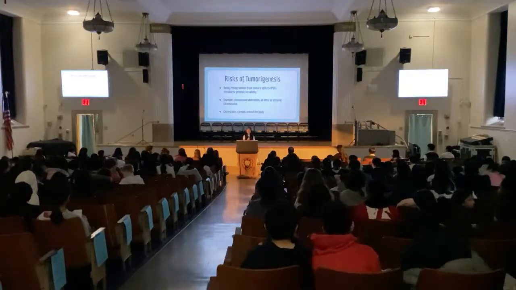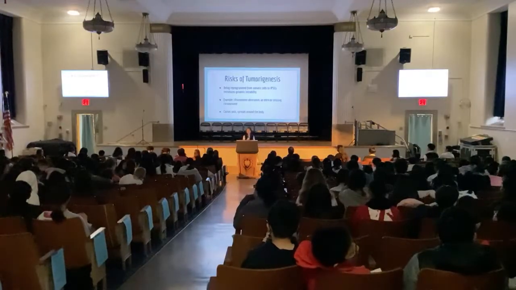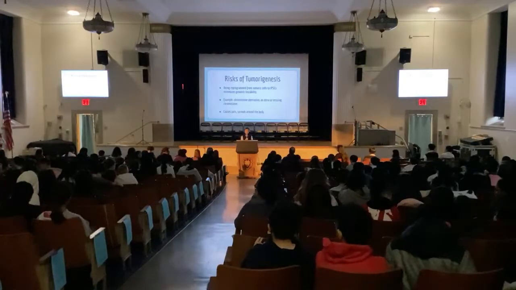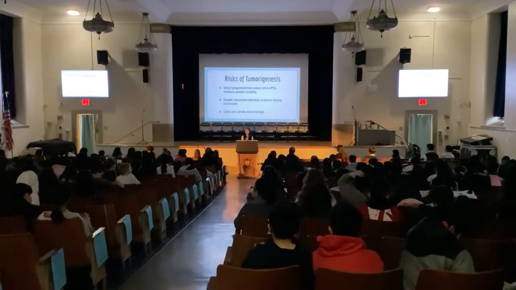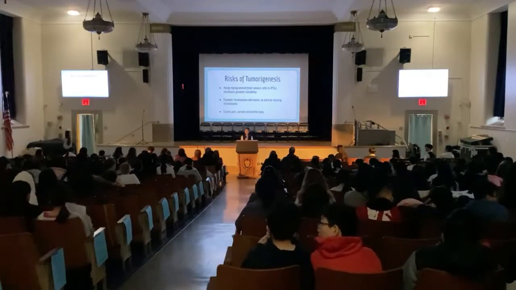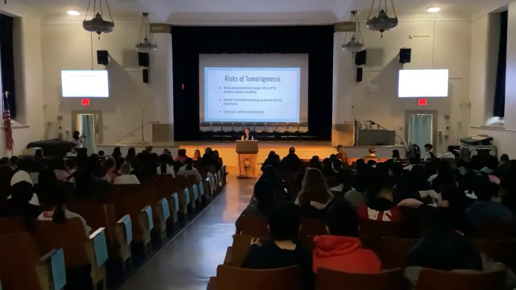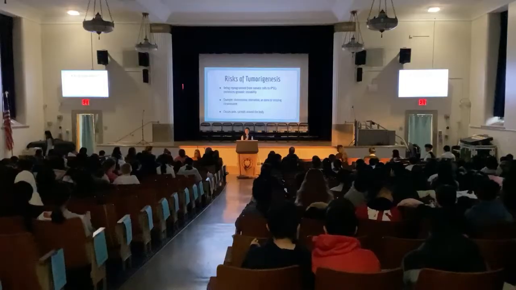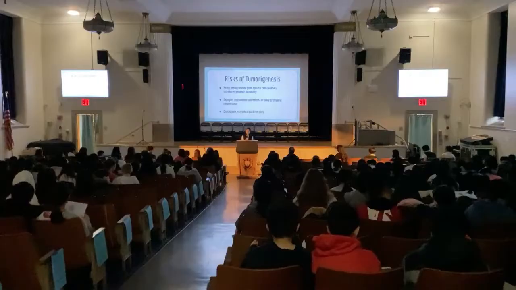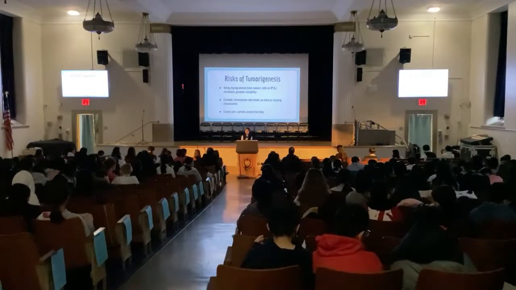Risk of tumorigenesis. So by being reprogrammed from somatic stem cells to induced pluripotent stem cells, it introduces genomic instability. An example of genomic instability would be chromosome aberration. Chromosome aberration is an extra or missing chromosome. In this case, for tumor, it's an extra chromosome. So the problem with an extra chromosome is that it causes genetic disorders. A disorder would be tumor, however, it could also cause other genetic disorders. Having tumor can cause pain because it spreads around the body, meaning it causes pressure in the body's tissue.